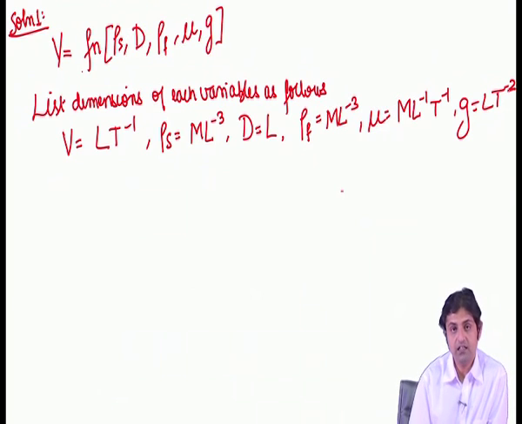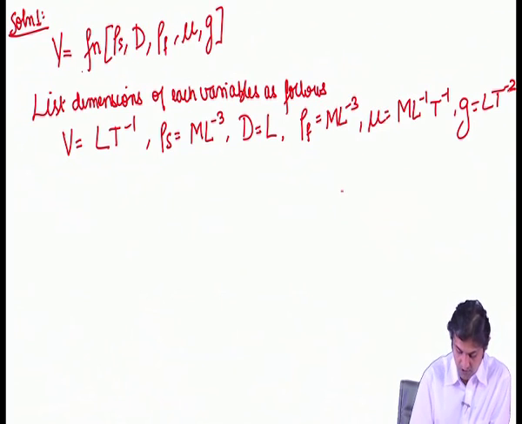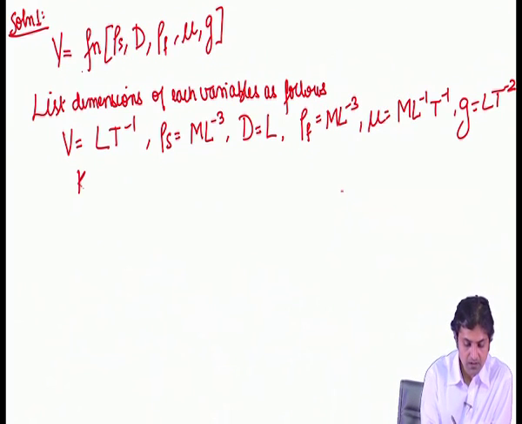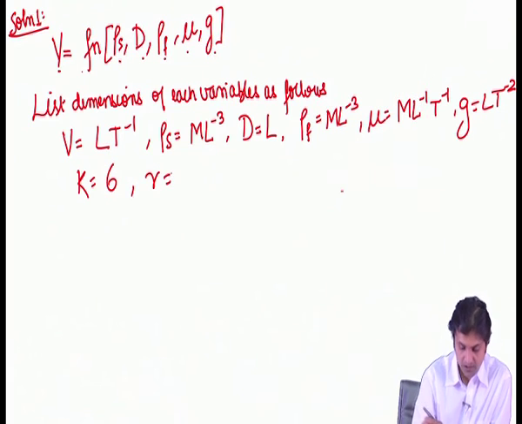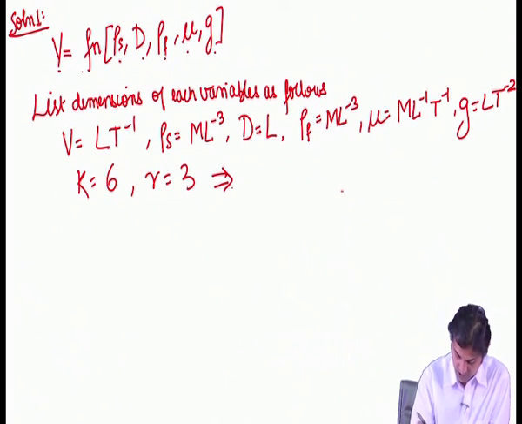So, we have listed the dimensions of each variable as follows. So, k is 1, 2, 3, 4, 5, 6. So, k is 6 and r is the number of basic dimensions. If you see, M is also appearing, L is also appearing, T. So, r is 3, which implies